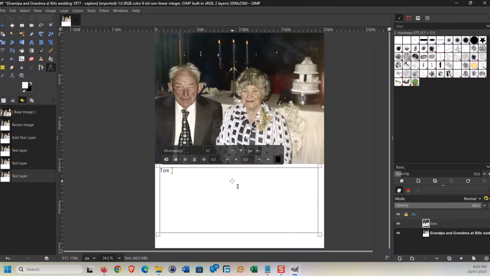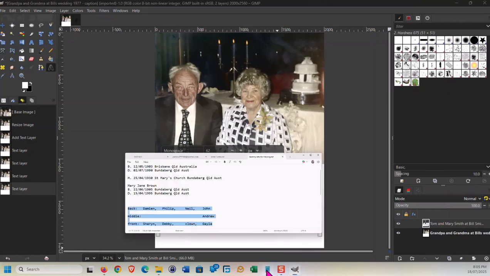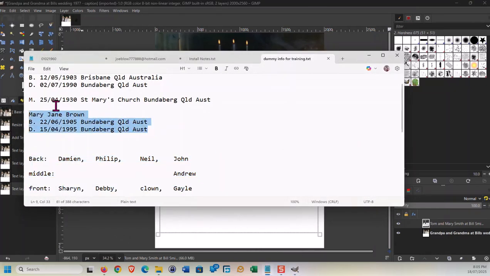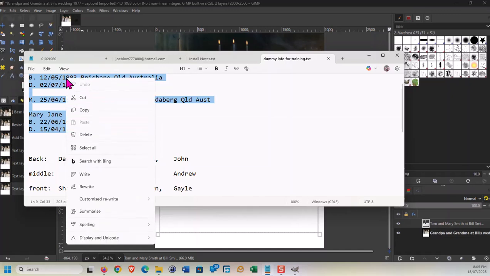Tom and Mary Smith at Bill Smith's wedding 1977. I could continue to type, but in this case, I've already got the information I want elsewhere, so I'm just going to copy it